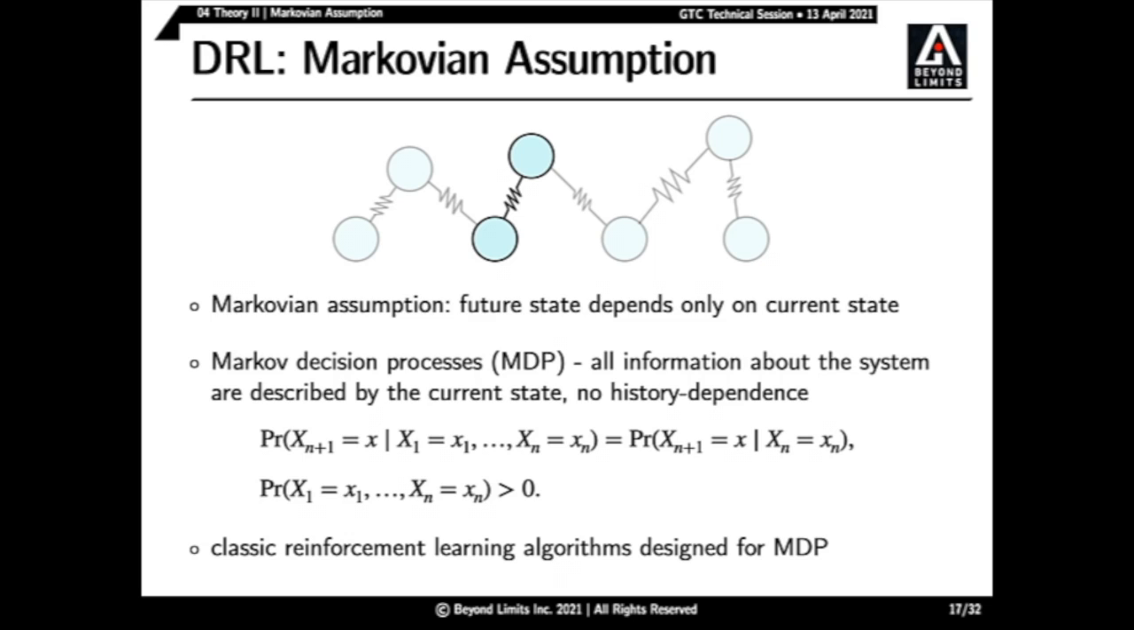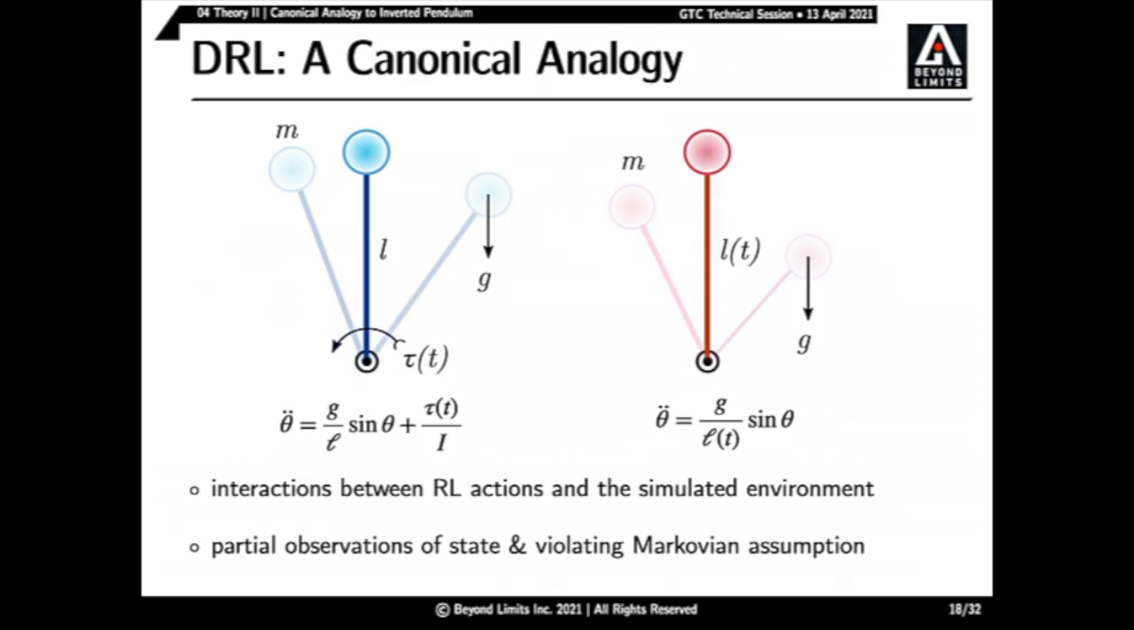Classic reinforcement learning algorithms are designed specifically for MDPs, and the big question here is: are there situations in our example where this assumption breaks down, and what are the resolutions in such specific cases? To answer this question, we first have to take a long step back to consider a very canonical analogy with